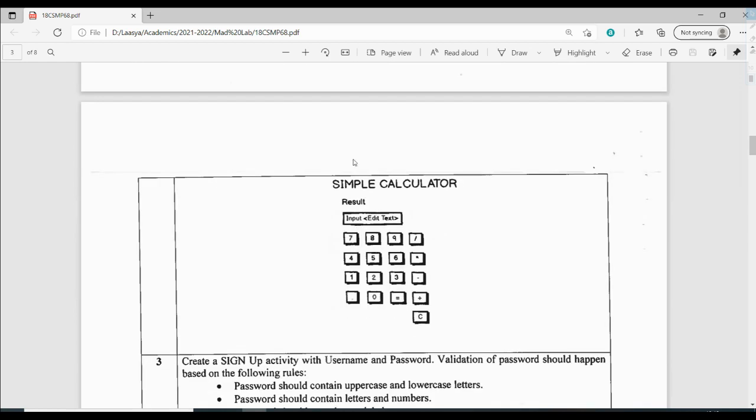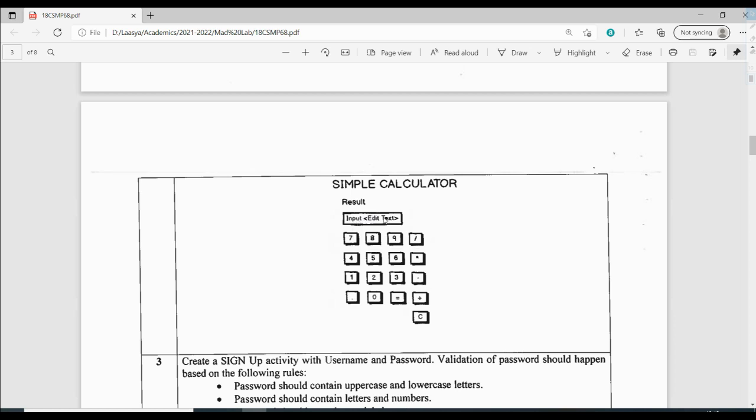And this is how our simple calculator design should look like. So we have the simple calculator. This makes use of a text view, and even this result is also making use of a text view, that means the text which is displayed for the user. Next we have a box, that is the edit text. So whatever digits or operators you use to perform the arithmetic operations are going to be displayed, as well as the result is also going to be displayed in the edit